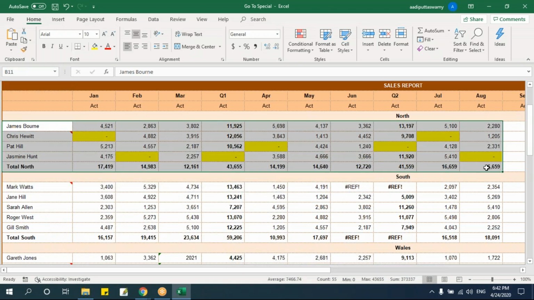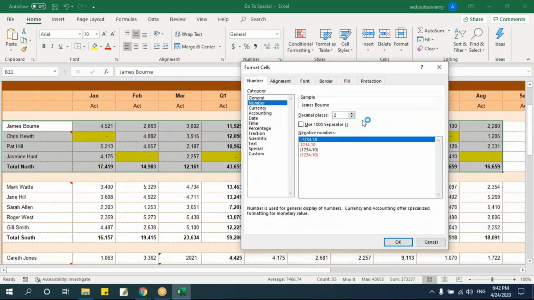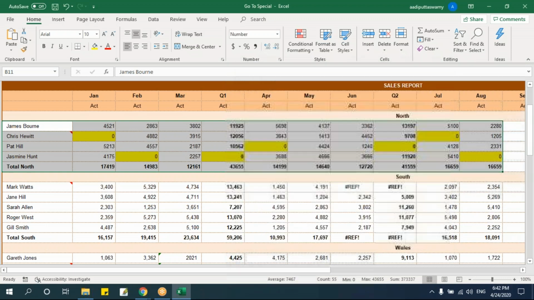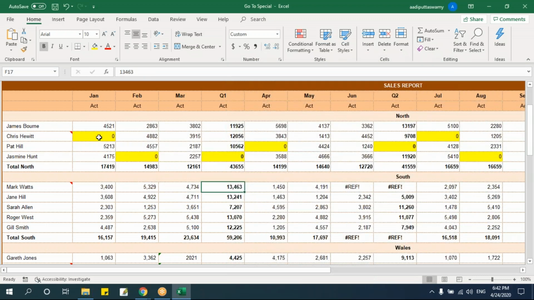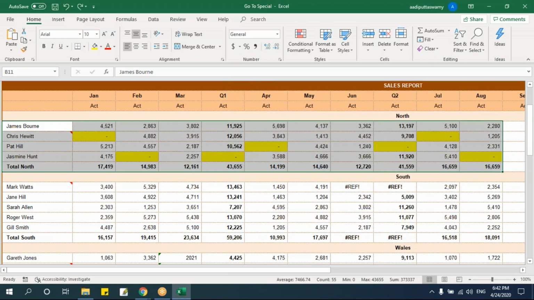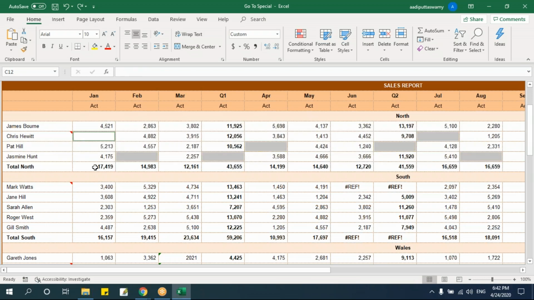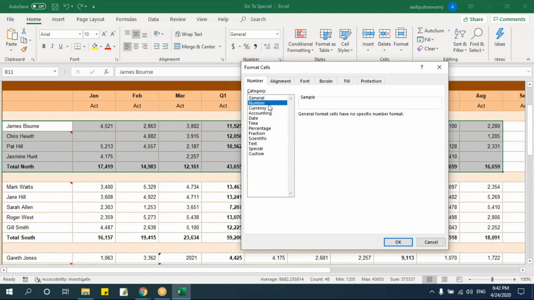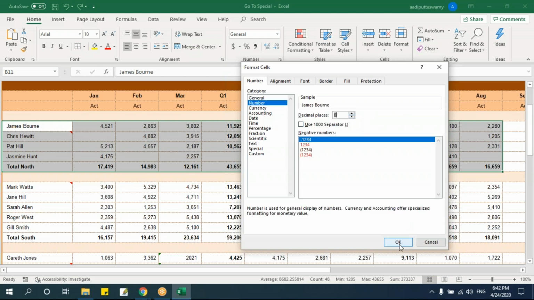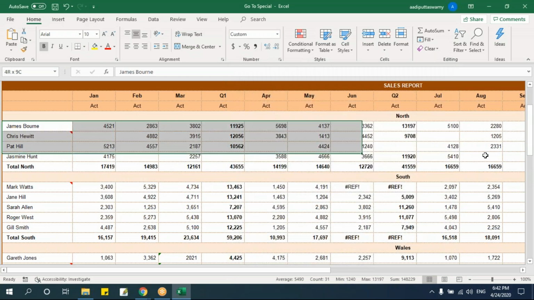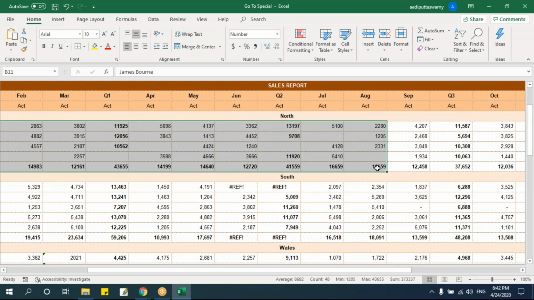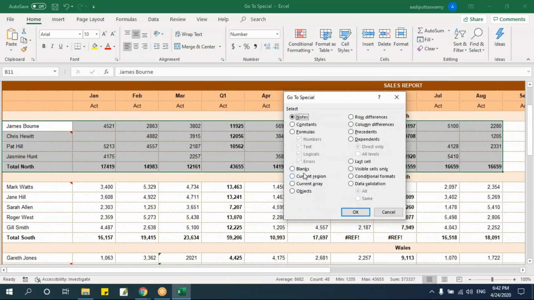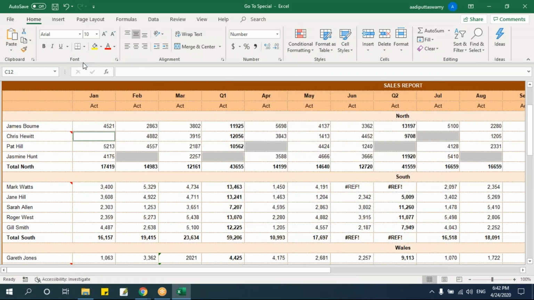That is because I just changed the format. It is giving me a hyphen. Just change this to number. Okay. Now again I'll do it. I'm just removing it. I just changed the format so that you'll not get a hyphen. You'll get 0, so that you'll not get confused. Right. Let me select this. Control G, special, say blanks, and I highlight it.